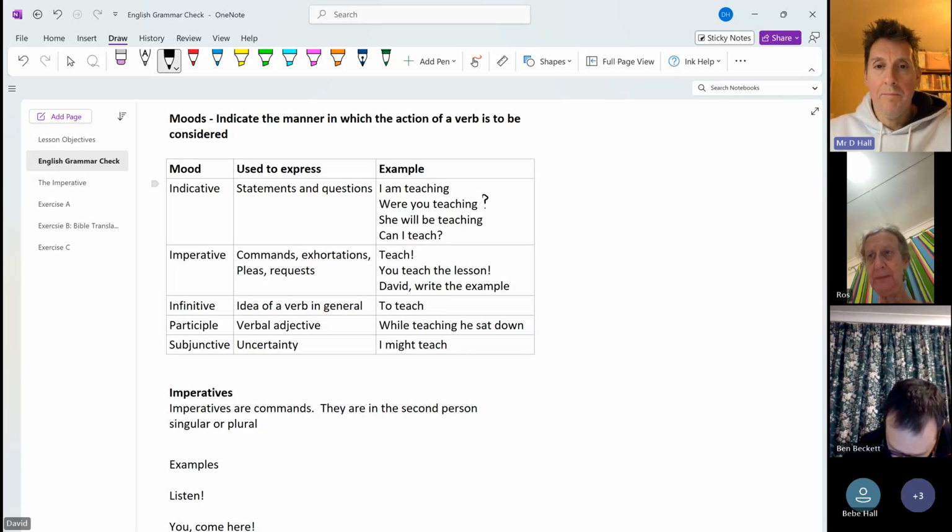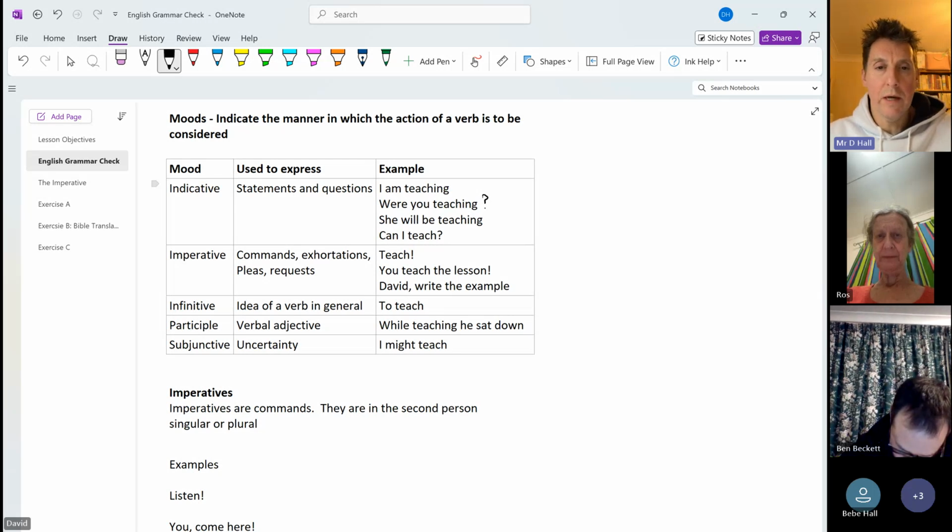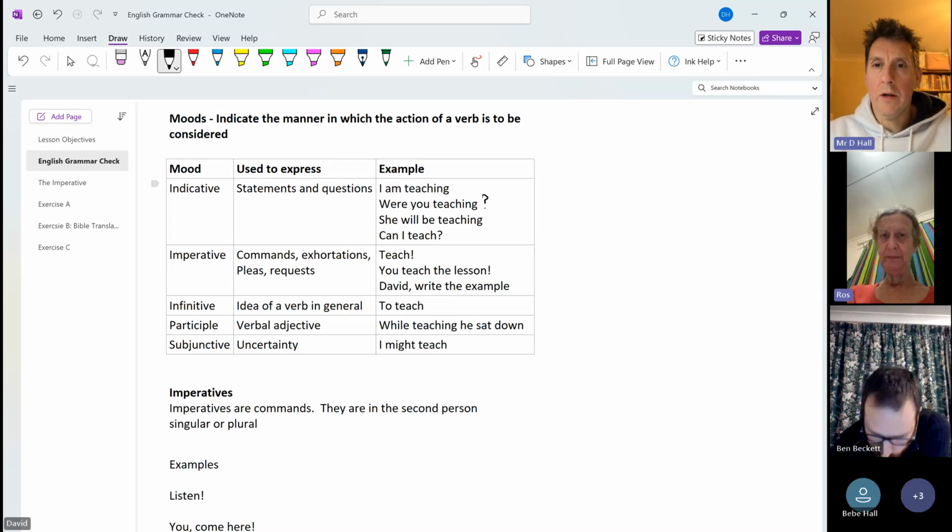So we might talk about commanding somebody to do something and it must be done. But the use of the imperative is broader than that, in as much as it will go for more just requests to do something or exhortations to do things. So when we look at the imperative tense, for example, if you were to say to me teach, then that is a command or a request. So we can do it as one word. Or we can say you teach the lesson,